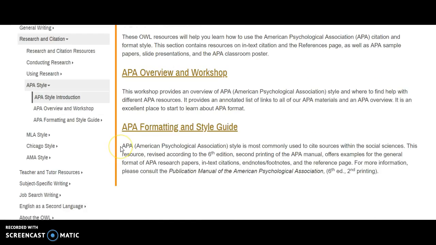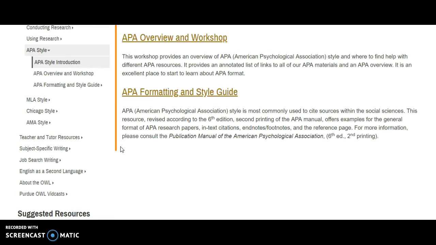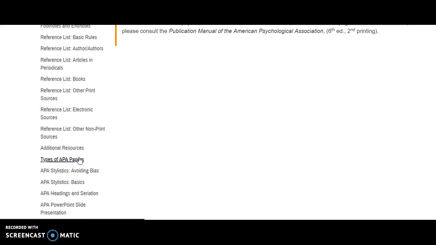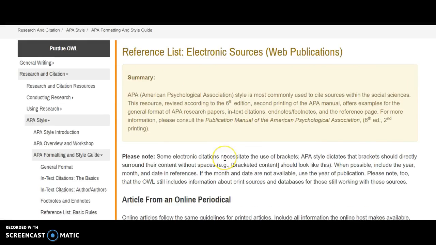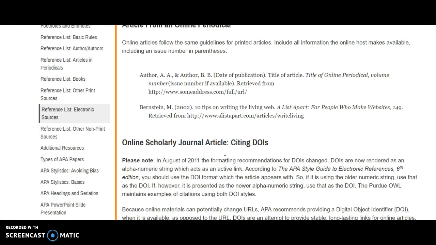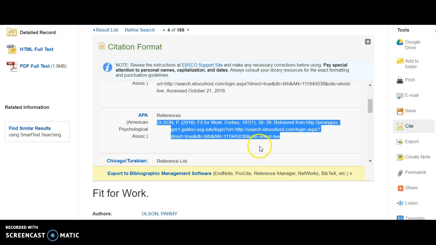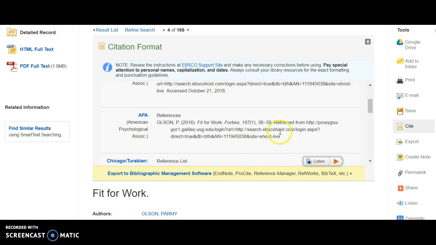So if we look at APA style, and here you want to click APA Formatting and Style Guide and select the one that says Reference Electronic Sources, you'll be able to see how that citation is supposed to look. And before the hyperlink to the article, you need to include where it says Retrieve From. So right here is how that citation should look, and you'll notice